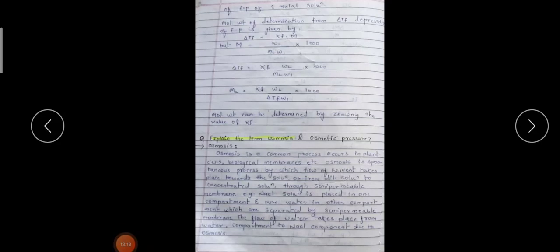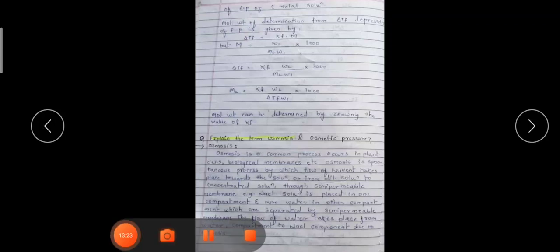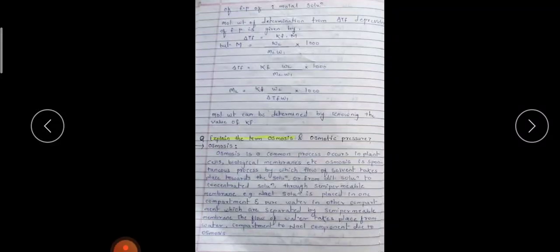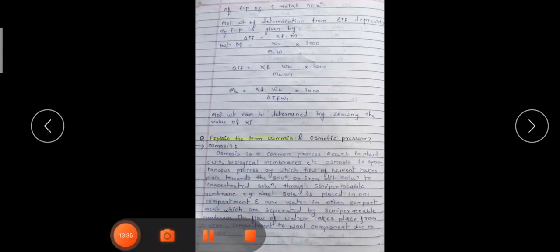Please practice the equation a number of times. Both the equations are similar. Their diagrams are a little bit different, but you can remember them simultaneously. You have to plot both the diagrams for practice. The definitions of the ebullioscopic constant and the cryoscopic constant you have to remember. Similar definitions are there: elevation in the boiling point of the 1 molal solution, or depression of the freezing point of the 1 molal solution. Remember it for the MCQ point of view.